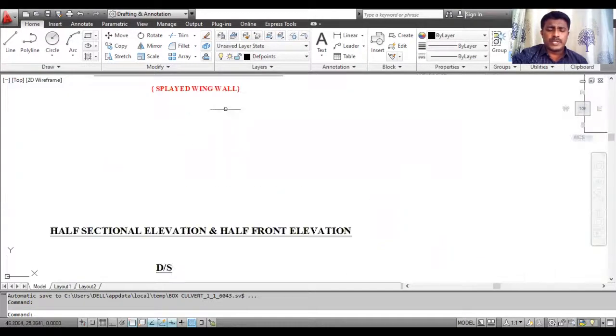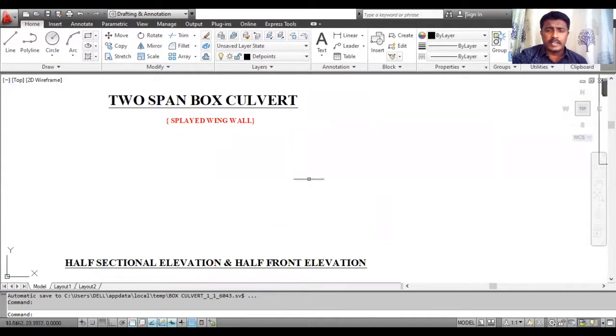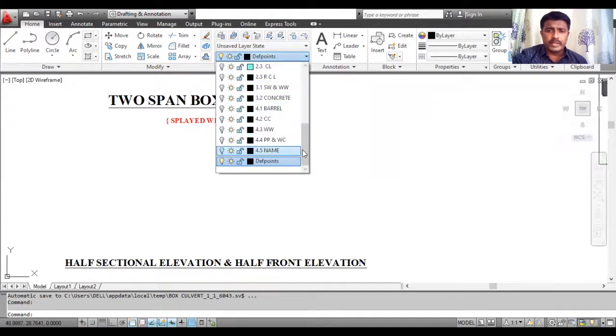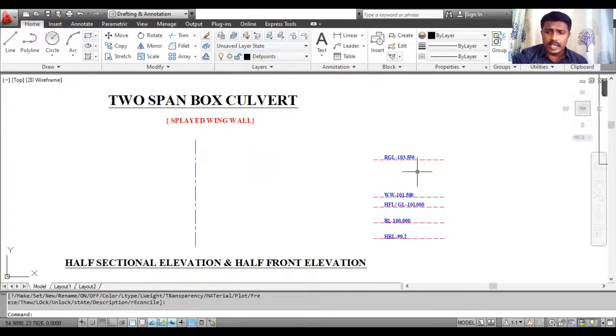So the first procedure is to draw the front elevation. To draw the front elevation, the first procedure is to draw reference RLs and the center line. We have drawn one center line, then we have drawn the reference lines. Reference lines means the different RLs given in your problem. With respect to the given RLs, I fix a datum and then draw. These are all the reference lines.